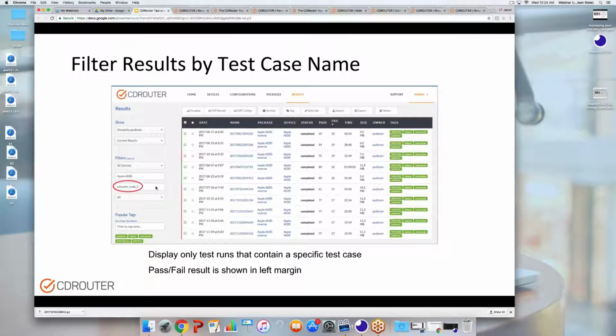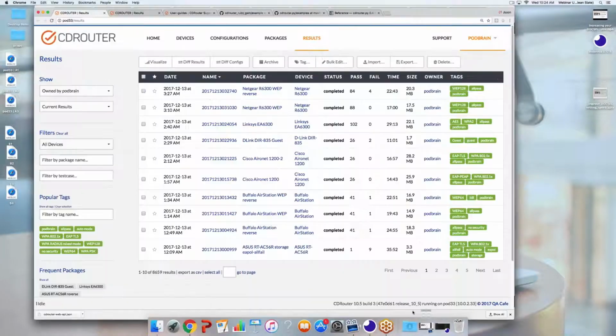And after a while, you may discover that you want to find out which test packages contain a particular test that you're interested in, making sure that it is being run over time. So here we go. If we have an example here, this is our results page where you can search with the normal filtering that you have here. But if you type in a test case name,